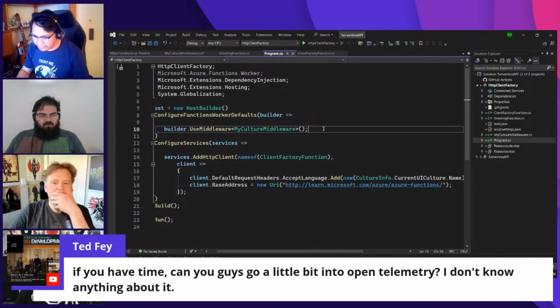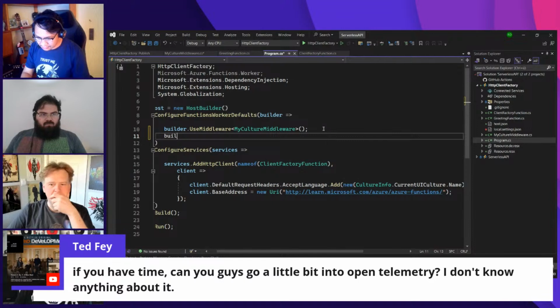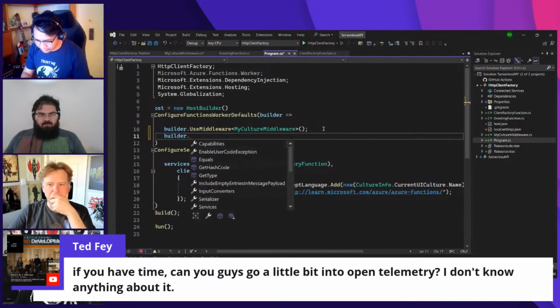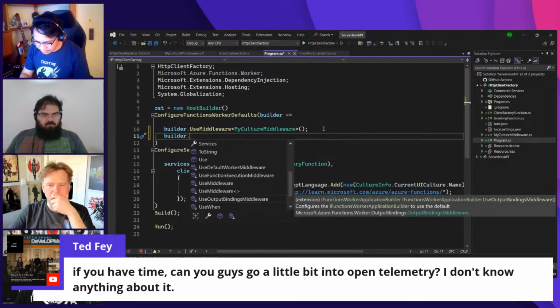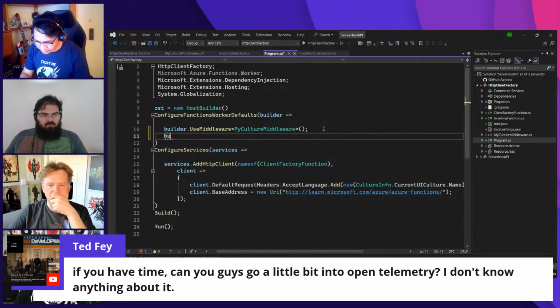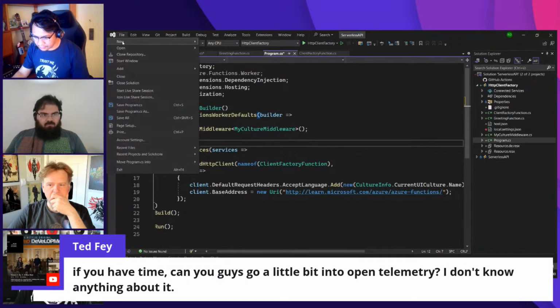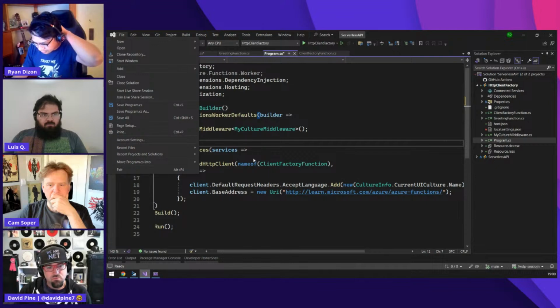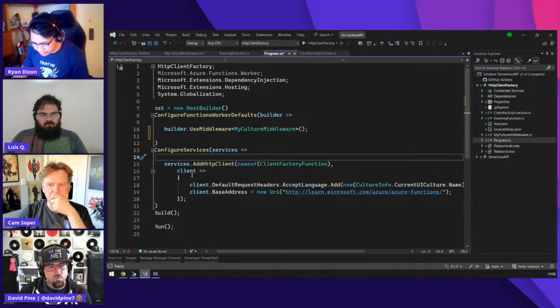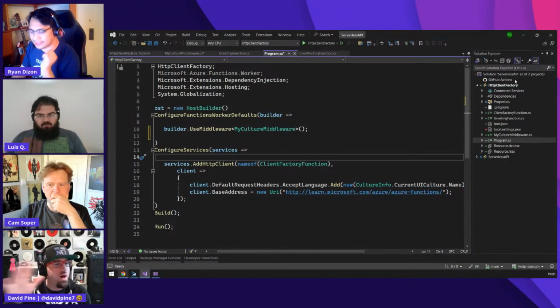Yeah, actually, you have this method here, I think. Oh, wait. Let me just open some of my project. You can just enable that here. Yeah, I don't think we necessarily need to show it. Maybe just talk to it. Like, what is OpenTelemetry and why is it important to have?